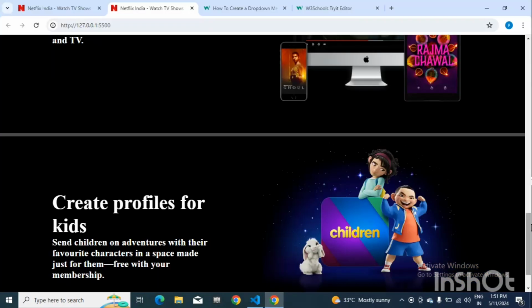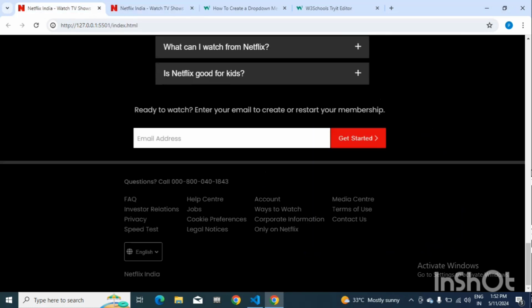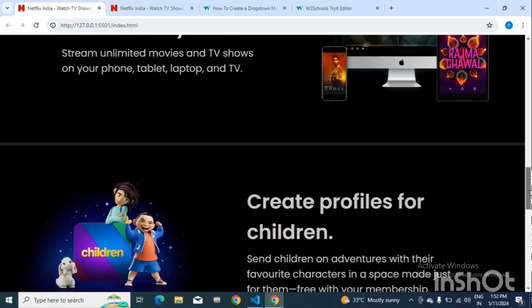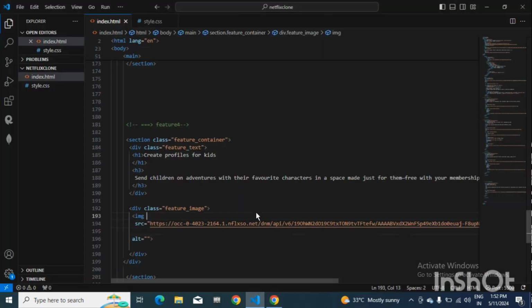Yeah, so we have done till here in our previous video, right? So we have done till here. So now what we will do is, these images all should come towards the left and right. See, one image is left and one image is right. So for that, what we will be doing is, first